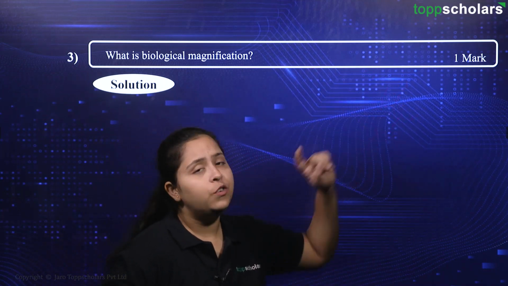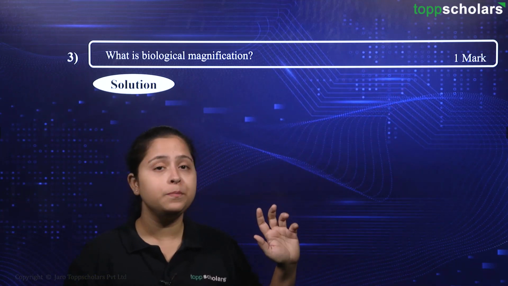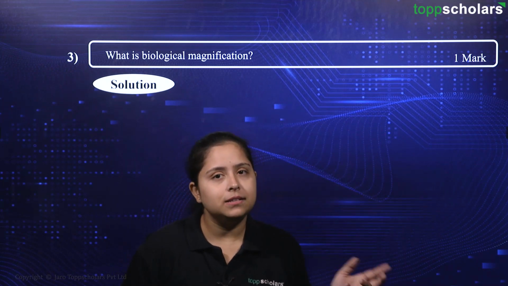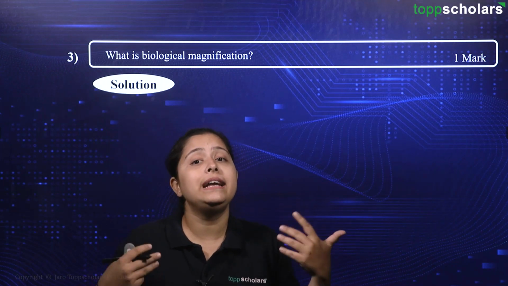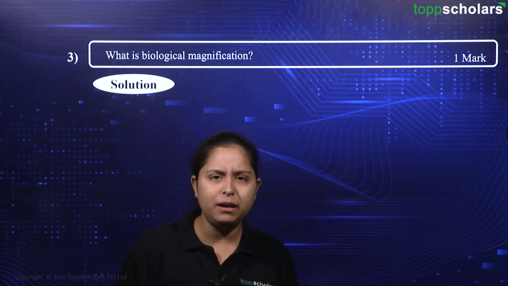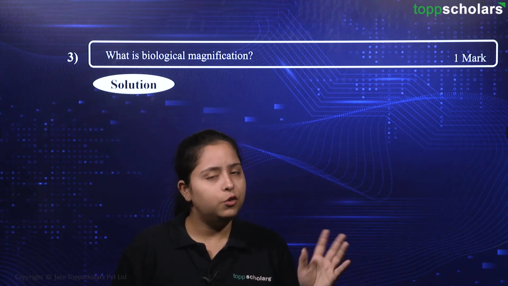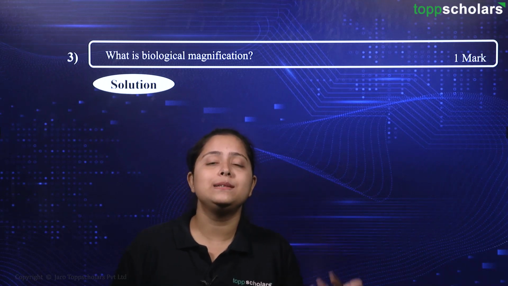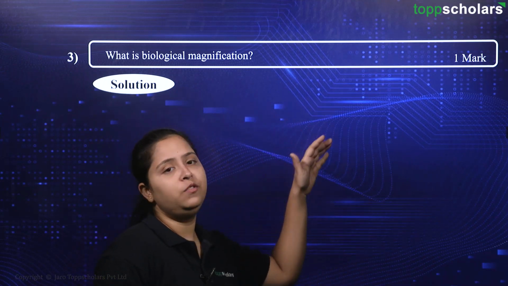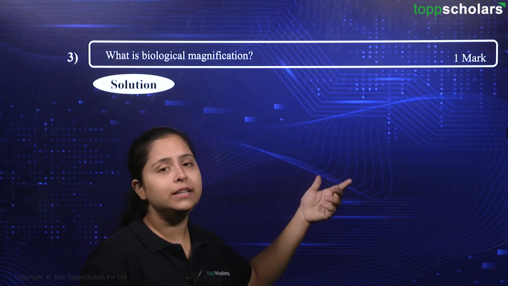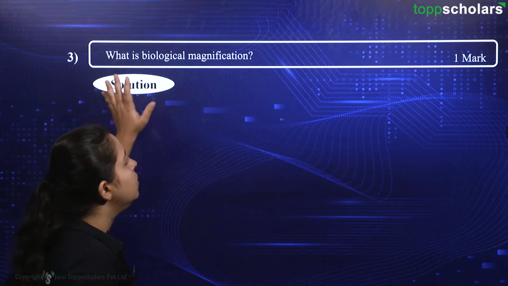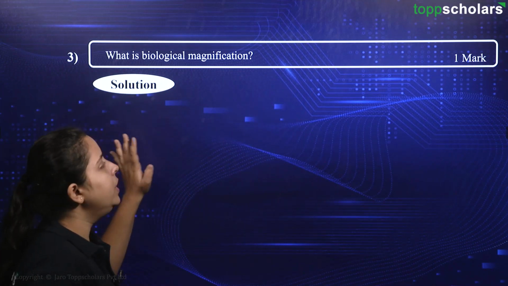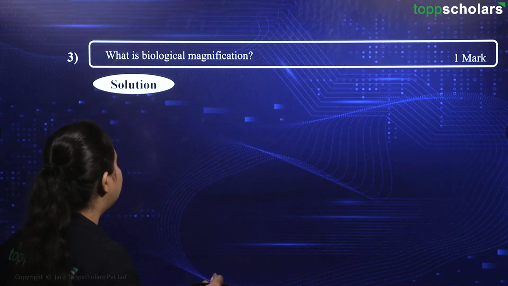If the question is asked for 1 mark, you will just state it in one sentence. And if this question is asked for 3 marks, then you will state what is biological magnification, and then you will proceed and give one example, okay, in which you will use some chemical. If you know some name, good to go, okay, and then you will try to explain how this biological magnification is happening using the help of your example. Okay, we will do that as well. But over here, just for the sake of 1 mark, we will write one sentence.